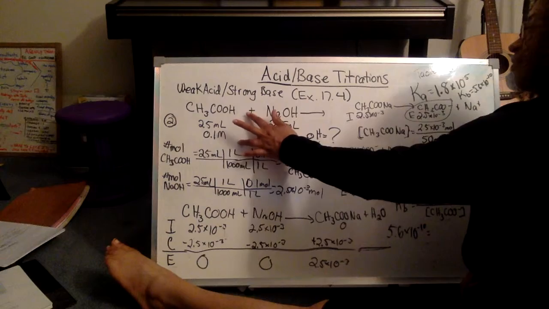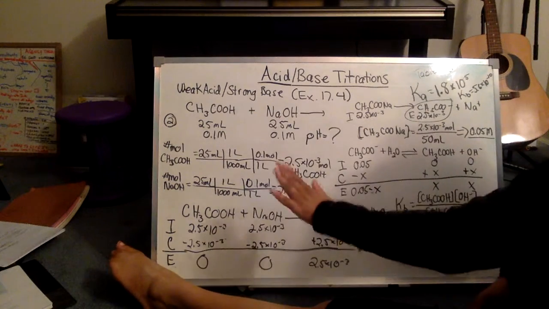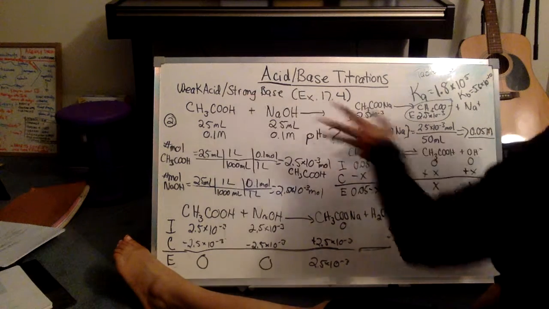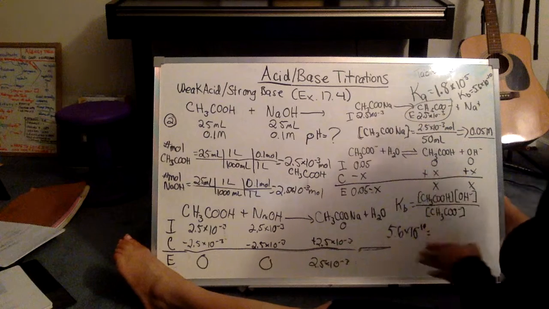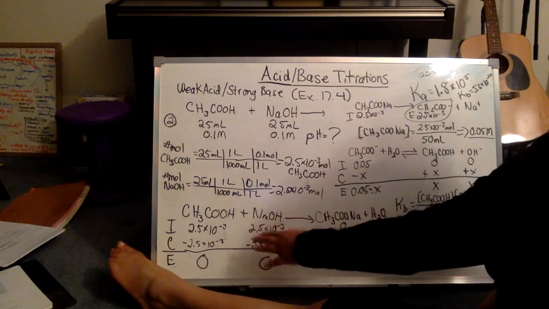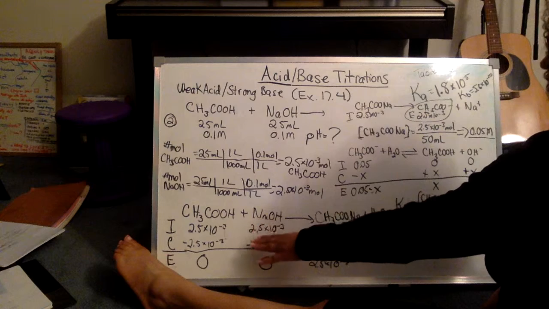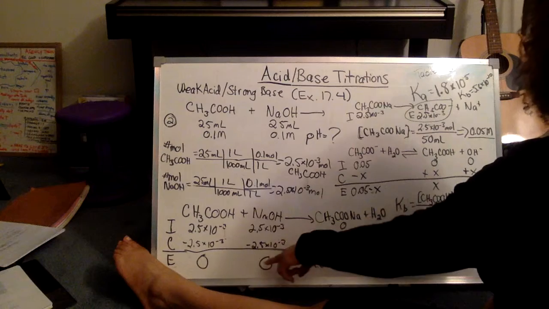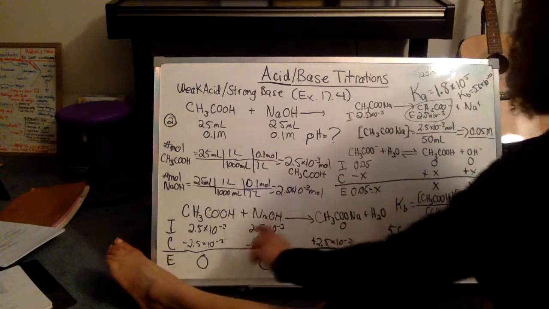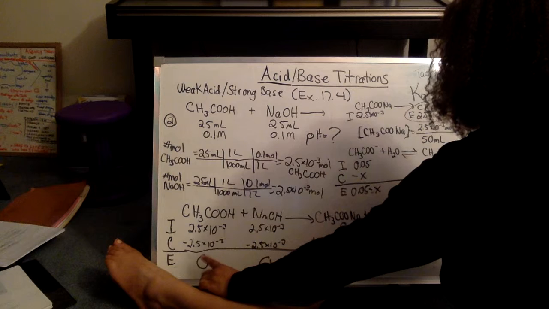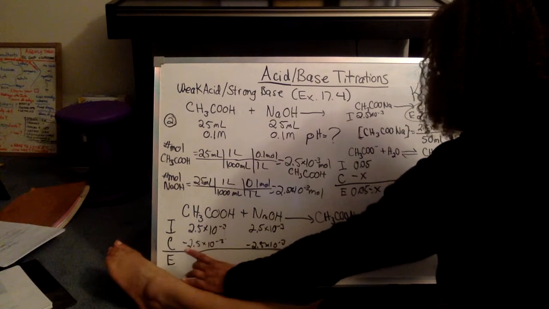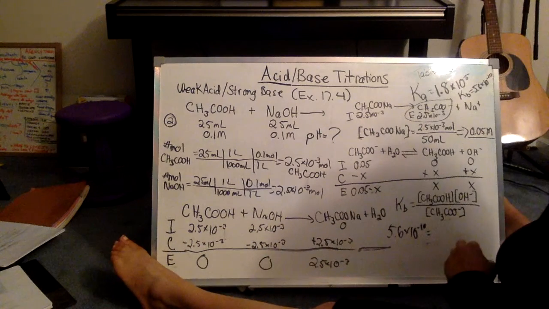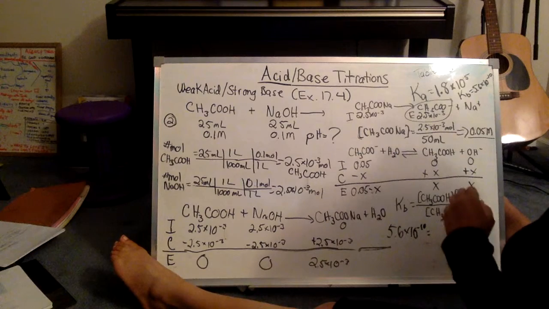So first, we did our part 1, right? We had only 10 milliliters of NaOH that was added. And when we went through, we were able to figure out the pH because when we put in the table, this was instead 1, this was 1, so then we had 1.5 times 10 to the minus 3. That's why. We had 1.5 times 10 to the minus 3 OH, or acetic acid, that was left over. So from that amount of acetic acid that dissociated, we were able to figure out our H concentration, which then